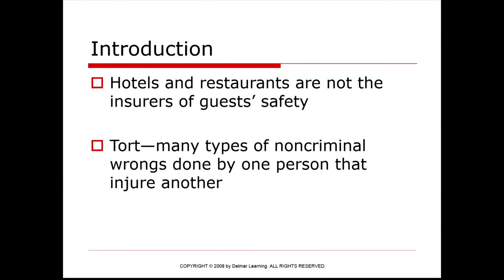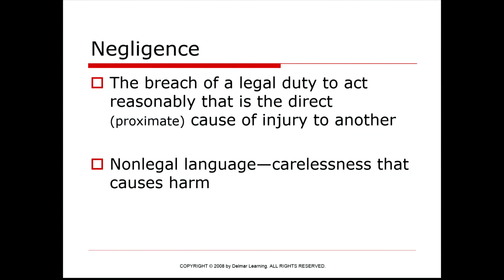So, hotels and restaurants are not the insurers of guest safety. Tort: many types of non-criminal wrongs done by one person that injure another. Tort is what we're really trying to get at here. It's basically where there's an injury that may occur and the person has some damages. When the person does not act like an appropriate, reasonable person, that is where negligence usually occurs. You could also argue that they are somewhat careless or not as responsible as they were supposed to be